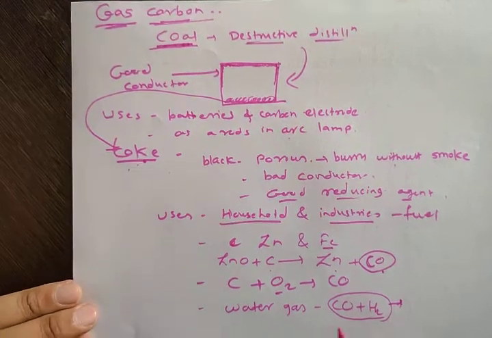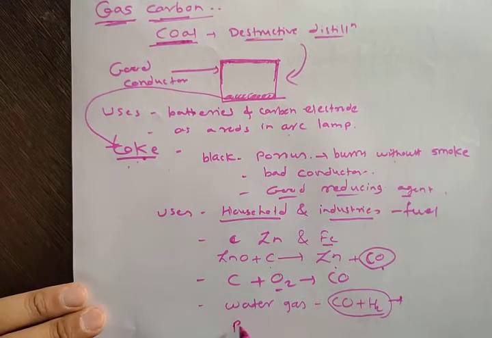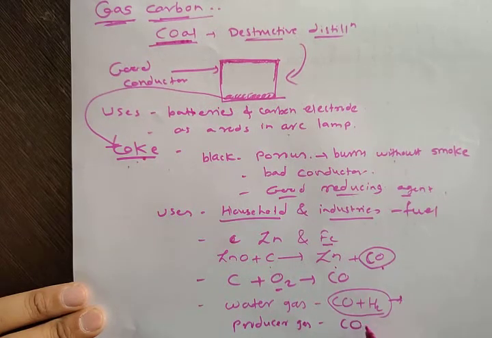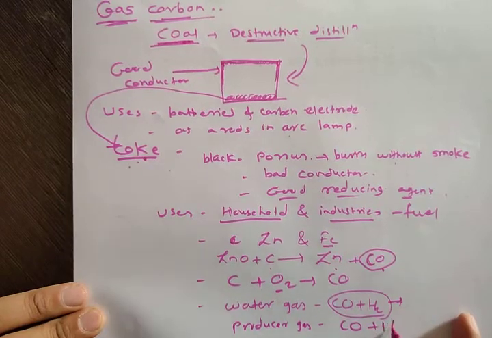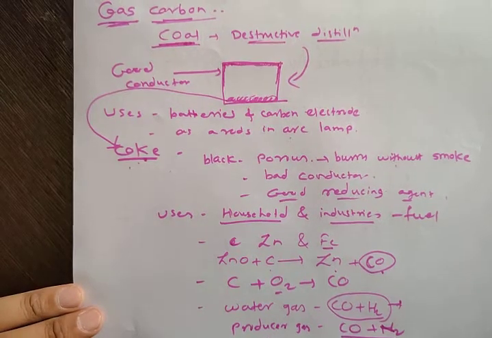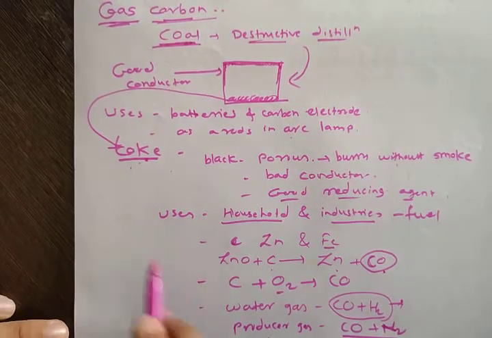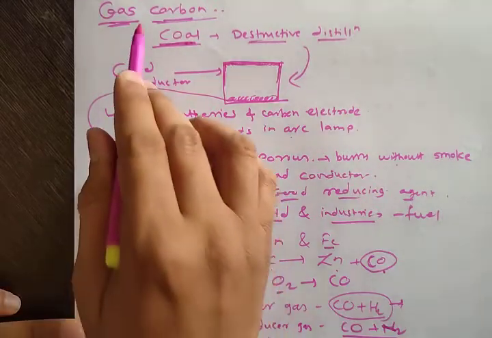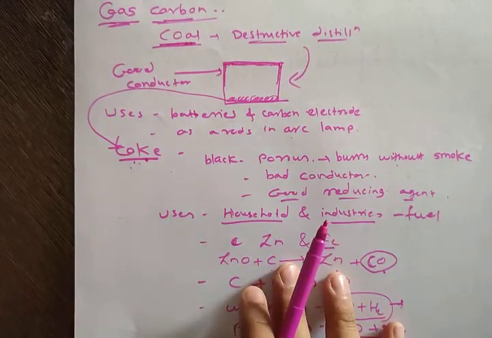Then producer gas is also obtained from this coke. Producer gas means what? It is a mixture of carbon monoxide and nitrogen gas. Instead of hydrogen, if you take nitrogen, then it becomes producer gas. Okay, so this is about coke and gas carbon. Now the next is